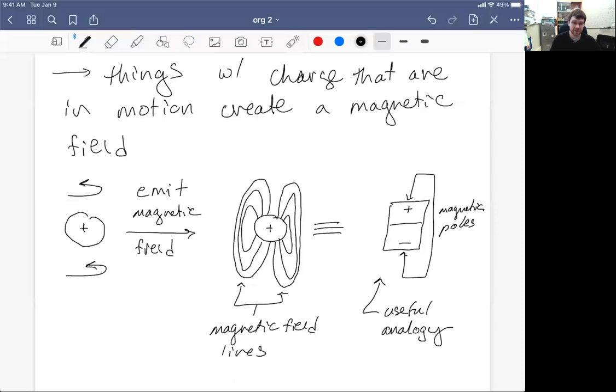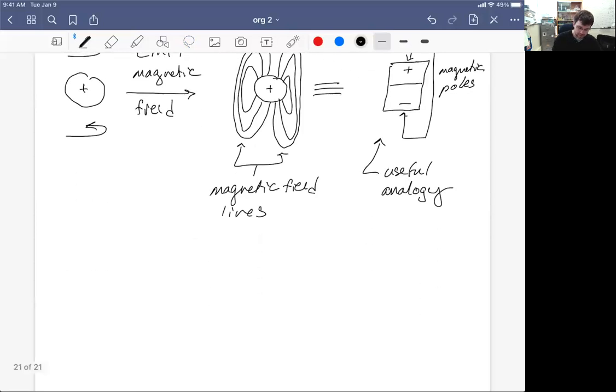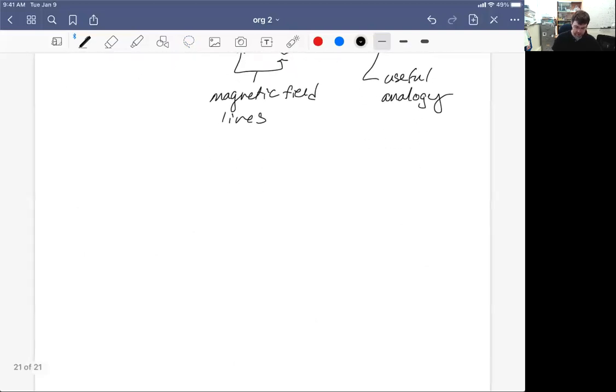Now the positive and the minus, again, are just the magnetic poles. If you put two plus ends together, they're going to repel. A plus and a minus end will be attracted to each other. So what I want to do then is an experiment where we take a test